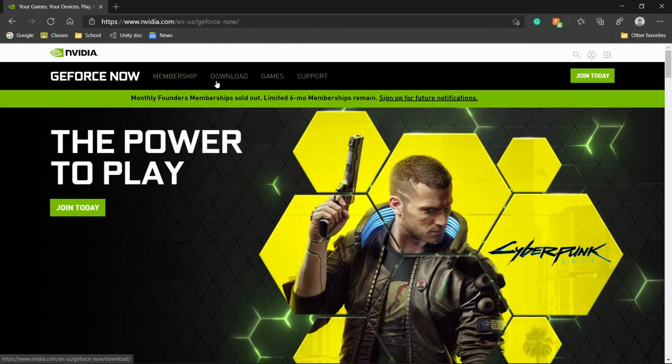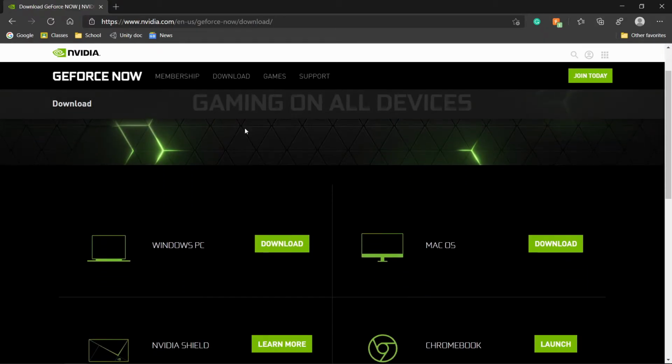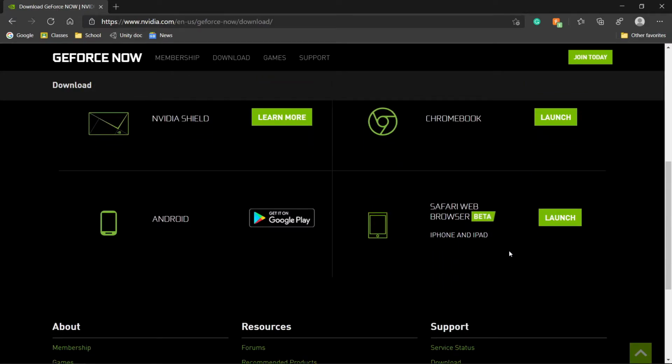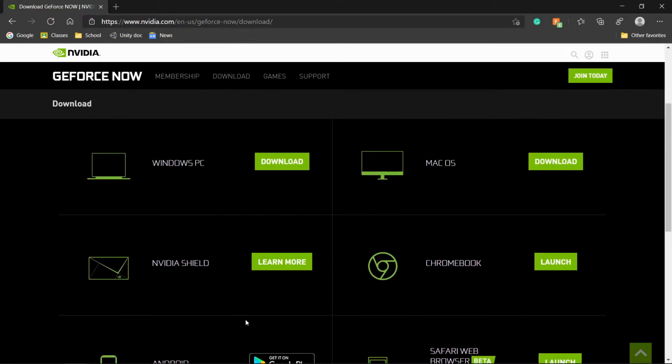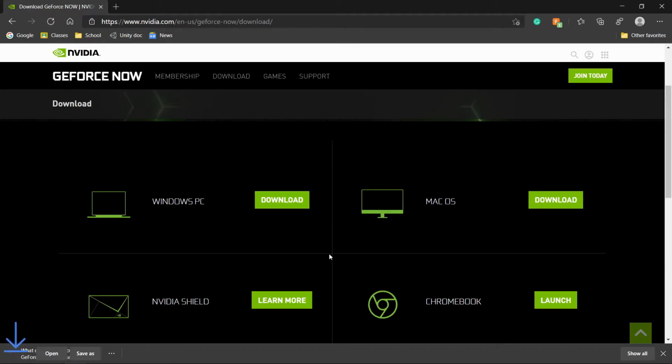So GeForce Now actually has a free tier that limits you. It does limit you to an hour at a time, but you can just rejoin. And another advantage of GeForce Now is that there's no subscription fee. You don't actually have to pay, so if you just want to use it casually sometimes, you can. But what I have found is that if you want to use the free version, there usually are long wait times, so that's the only problem. That's really the only downside to it, but otherwise it's a pretty good streaming platform,